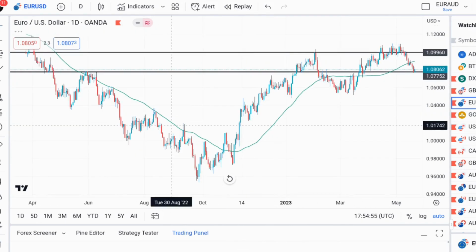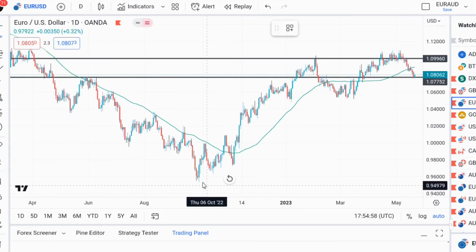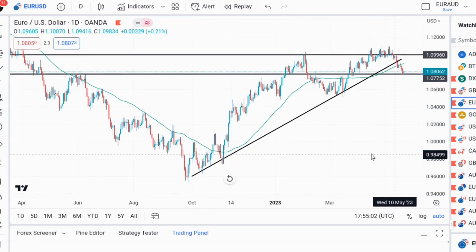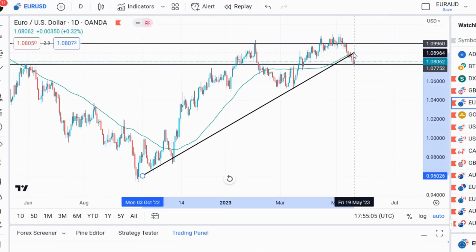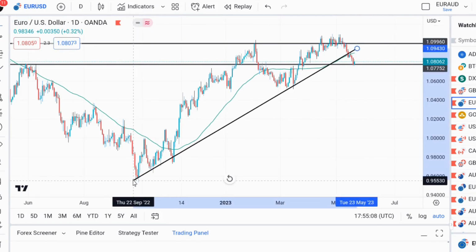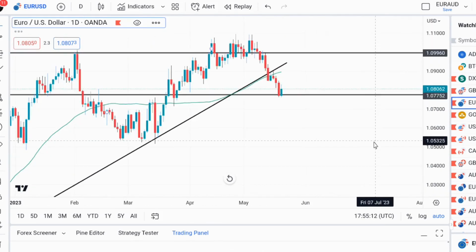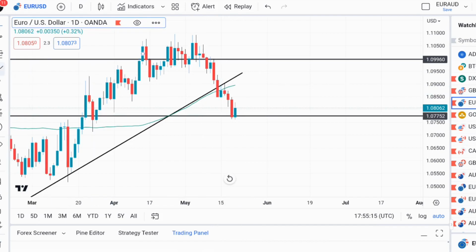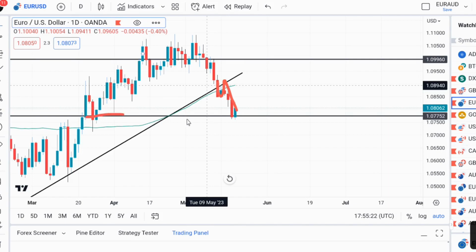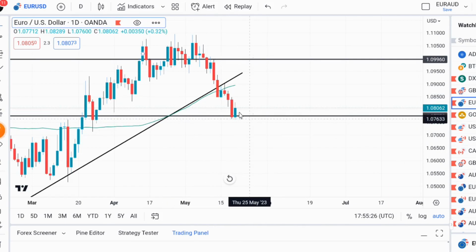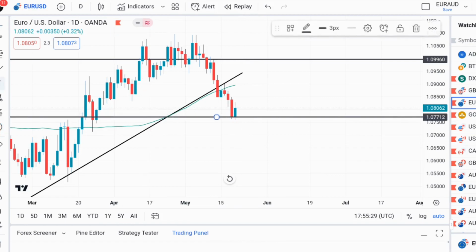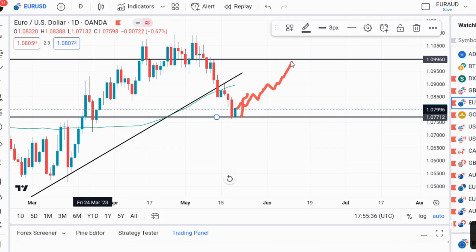But if you check the market bias right there, if you use the trend line, you'll see that there is a breakout of this particular area. Let's put the trend line very well. As you can see, there is a break to the downside at this level, and then there's a break here, and this one is a retest, and it's moved to this particular area. So we have a bias here. If we have a bullish candle close on Monday, then it means that we are going to 1.0996, and this is the safe zone right here. So that's that about euro.